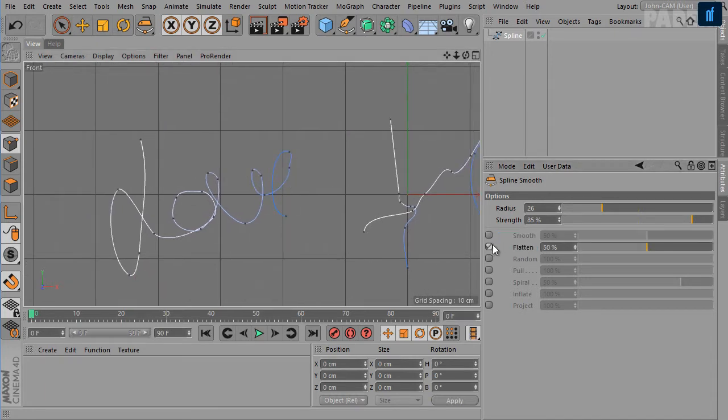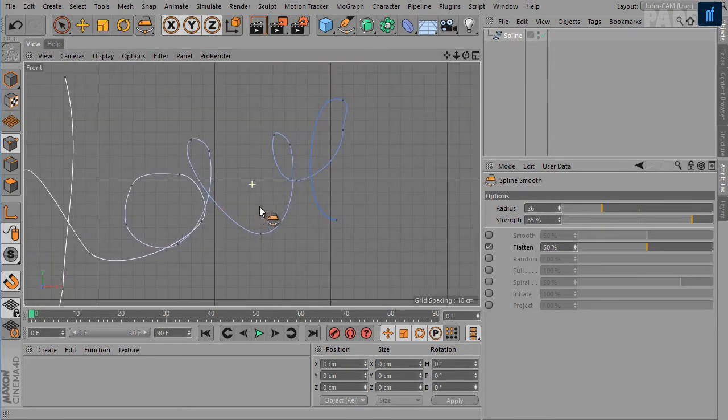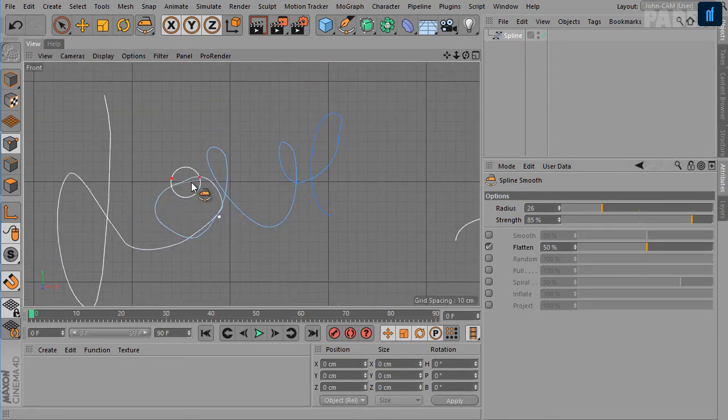Okay, so the default function of this tool is smooth, as you can see here. You can also flatten the spline. You can also do random, as we have just seen. You can also pull the spline segments.